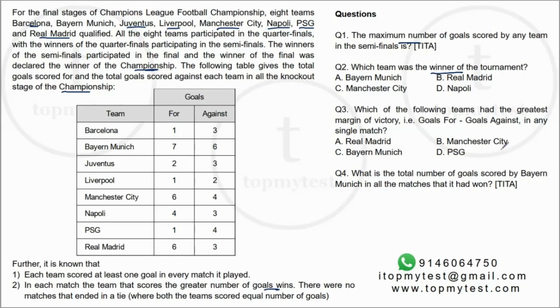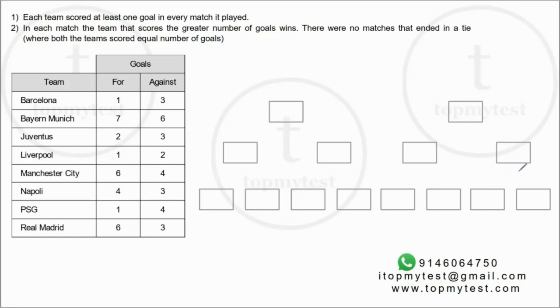So let us depict the sequence of the events. So these are your quarterfinal rounds. A plays B, C versus D, E versus F, and so on. The winner goes here. These two people clash. Right, the winner goes here, and this is your final. Similarly, from this side, these two people clash in the semi-final, reaches the final. The winner here wins. Okay, so the only information that we have to decipher this is that each team scored at least 1 goal in every match that it played, and there are no draws. Right. So let's think about it. The winner, the final winner, will win 3 matches.